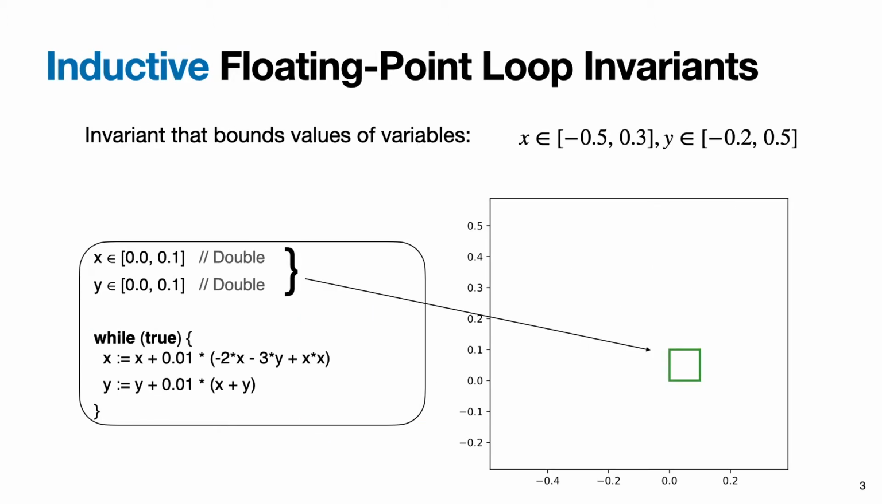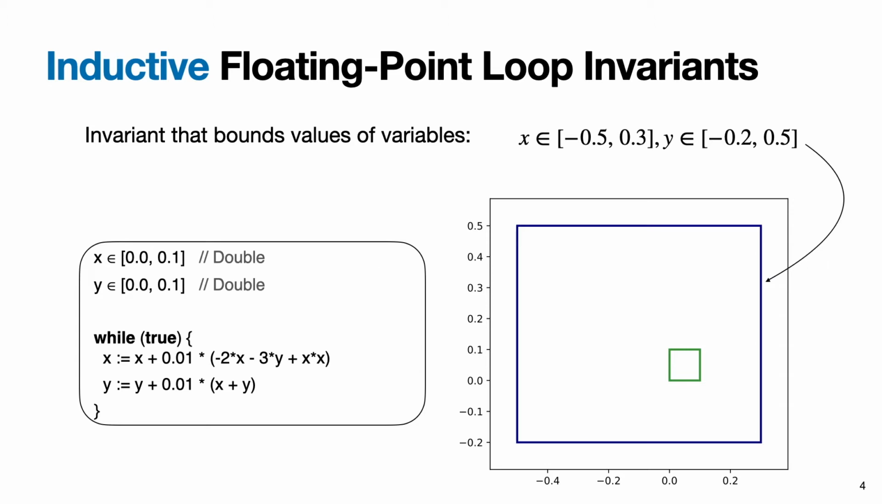Let's have a closer look. Say for a loop in our example, we want to have an invariant and our prerequisite is that x and y values are between 0 and 0.1. Those are shown as a green box on the right side. Then an invariant would be a larger box that bounds all of the values that are reached by x and